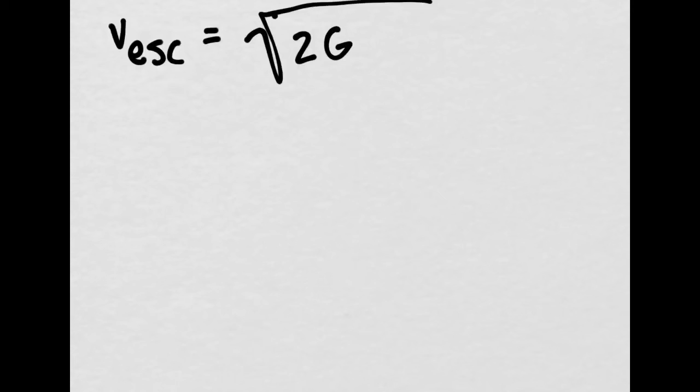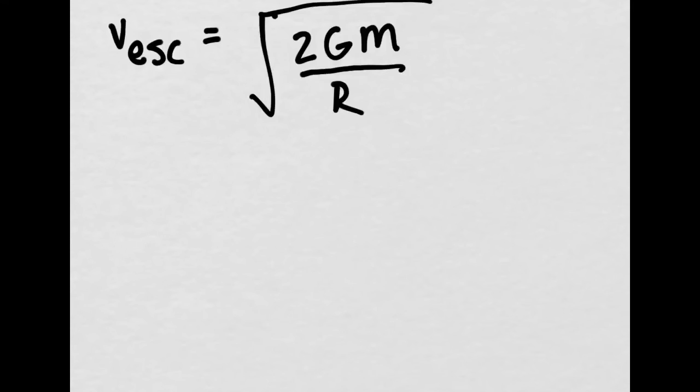So the escape velocity is given by the square root of 2 times Newton's gravitational constant times the mass divided by the radius. And everything is under the square root. So we're going to use this